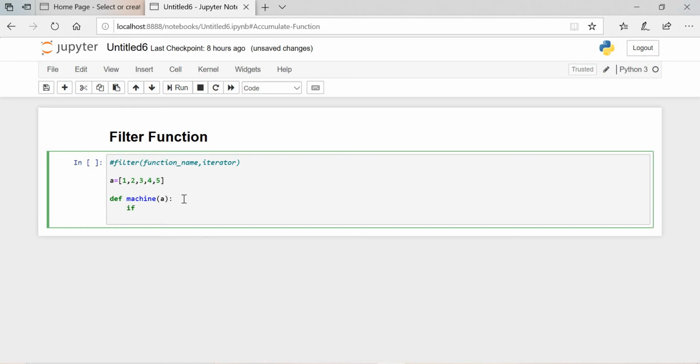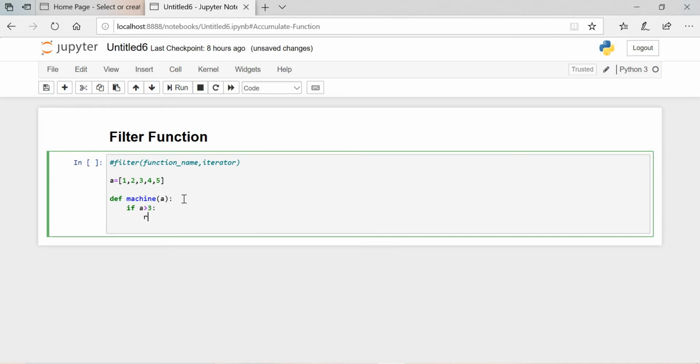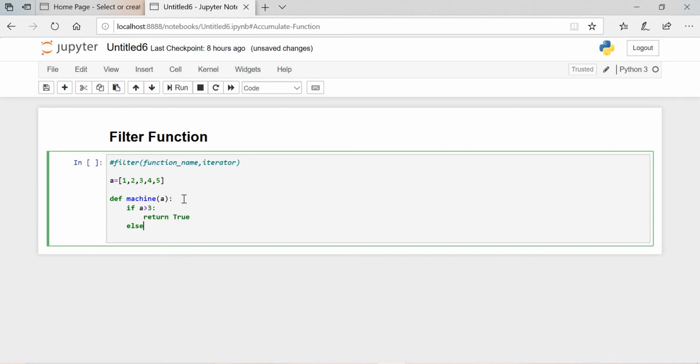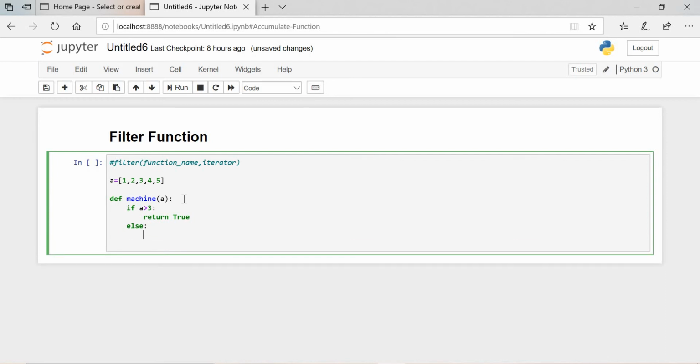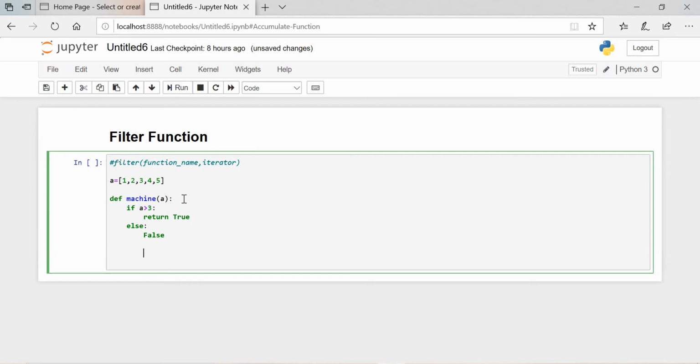If a is greater than 3, then return true. Okay, else it will return false. Okay, this is the condition. Whether a value greater than 3 is inside the list or not, it is a simple logic we have created over here.